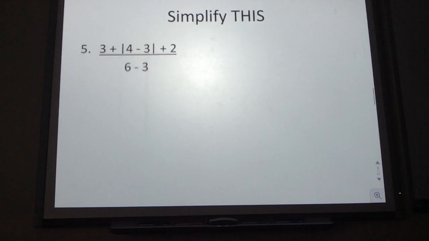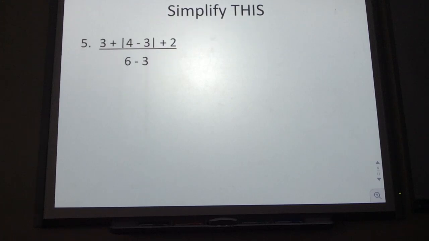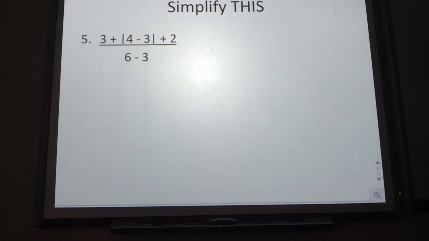Okay, go ahead and simplify this. Okay, so the first thing we want to do is grouping symbols. Even though they don't look like parentheses, we still want to do that first. So 3 plus 4 minus 3 is a 1. So we're going to take the absolute value of a 1 on the inside